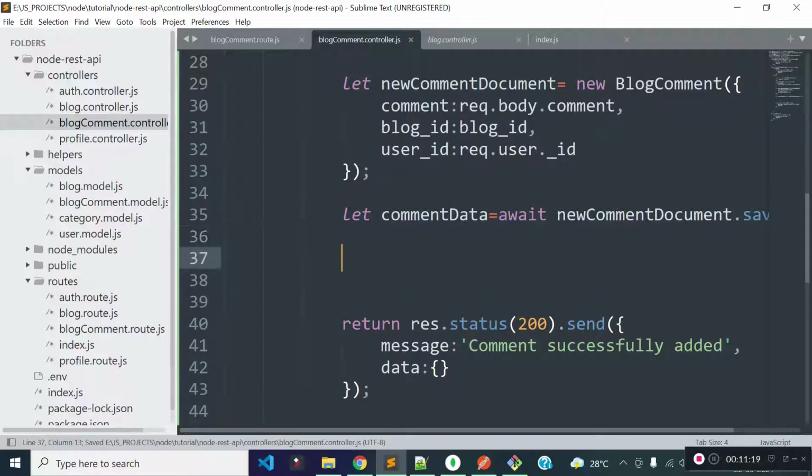Okay, we are going to store this newly created comment ID to our blog collection's blog_comments array.